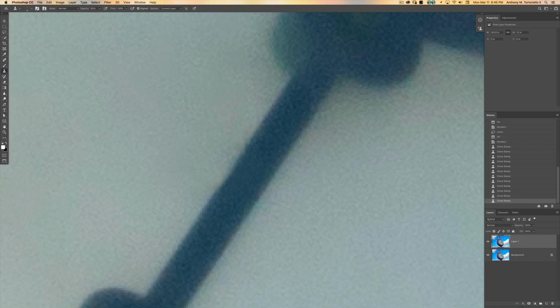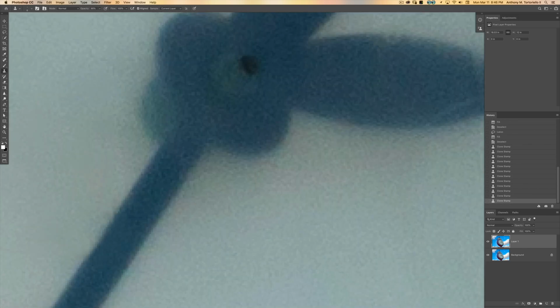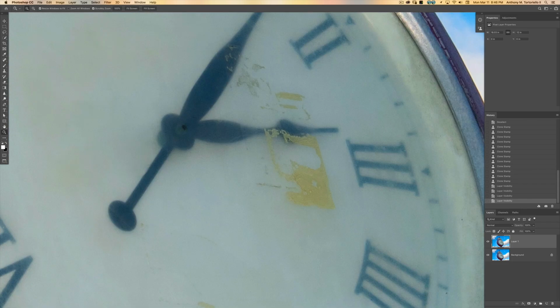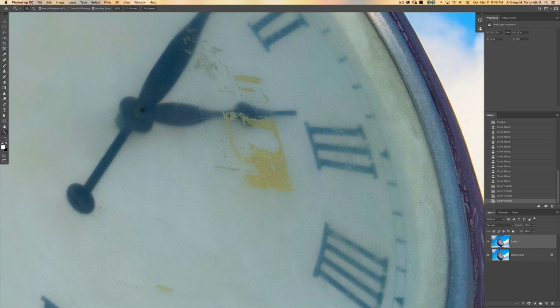If you're retouching and really doing this for a job or for your own imagery, you want to get this way. So I'm going to zoom back out, take a look at it. And again, you know, you're going to see before, after. I mean, that's a lot better. So I'm going to try this section. I'm going to hit the L key again for the lasso tool. I'm going to make a loose selection around this. Hit Command H, Shift F5, Content Aware Fill,